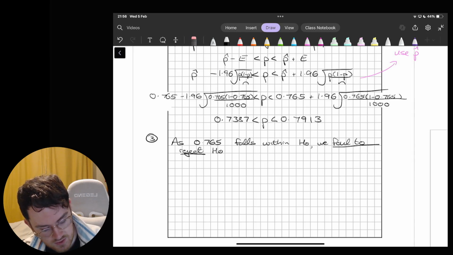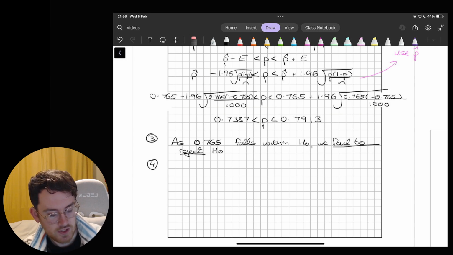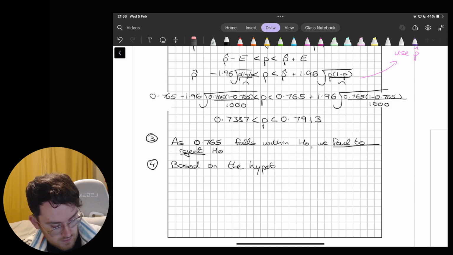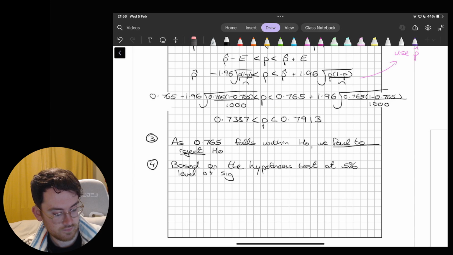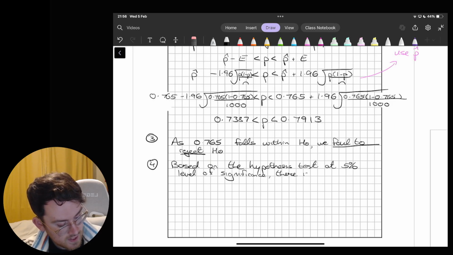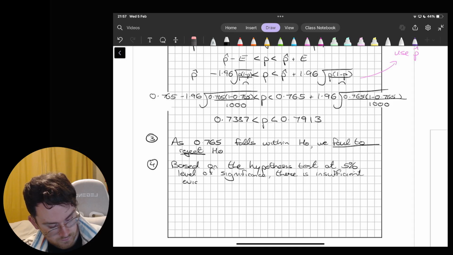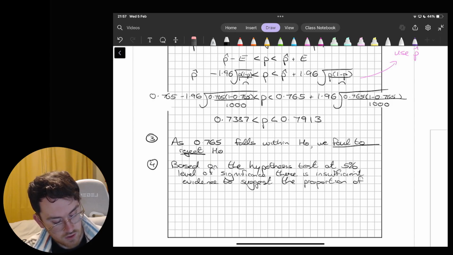So just continuing on a little bit and tying this back to the question: based on the hypothesis test at 5% level of significance, there is insufficient evidence to suggest the proportion of customers